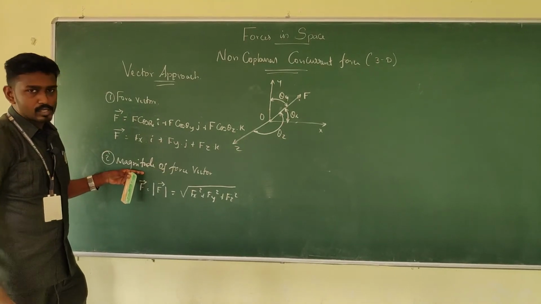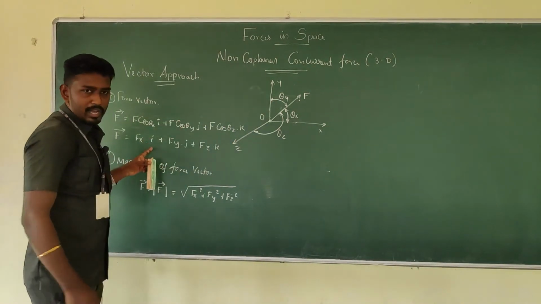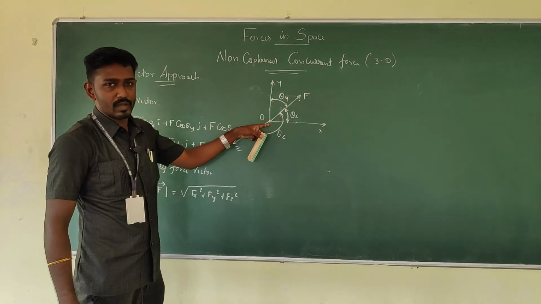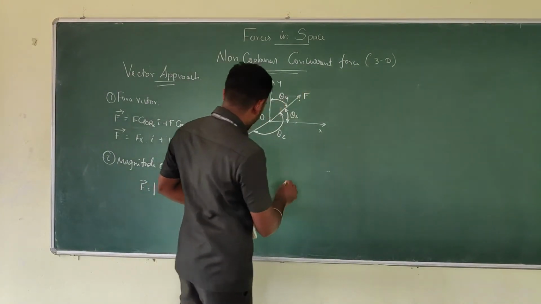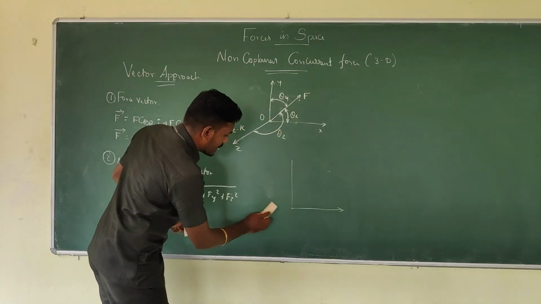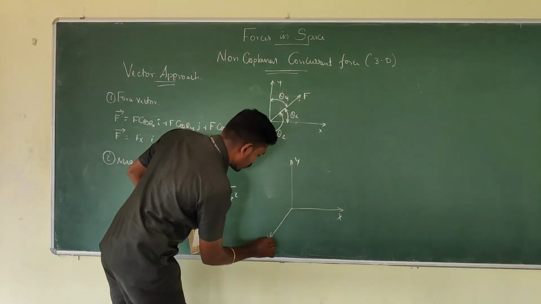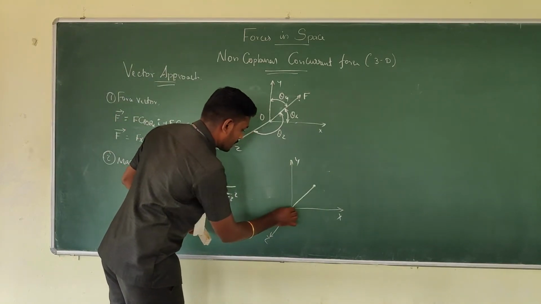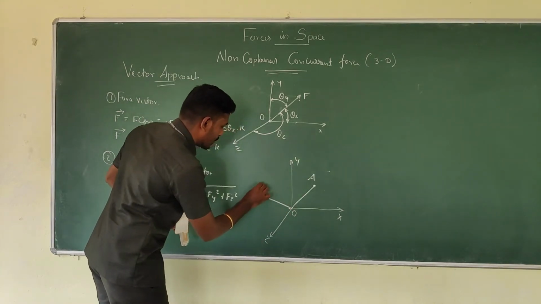Okay, and one more thing. Here I have formulated the formula when the force is represented by theta. Suppose I am going to show a force here, the same force, but I am going to take more than one, x, y, z more than one, and which is acting between 2 points. This is O and this is A and this is B.